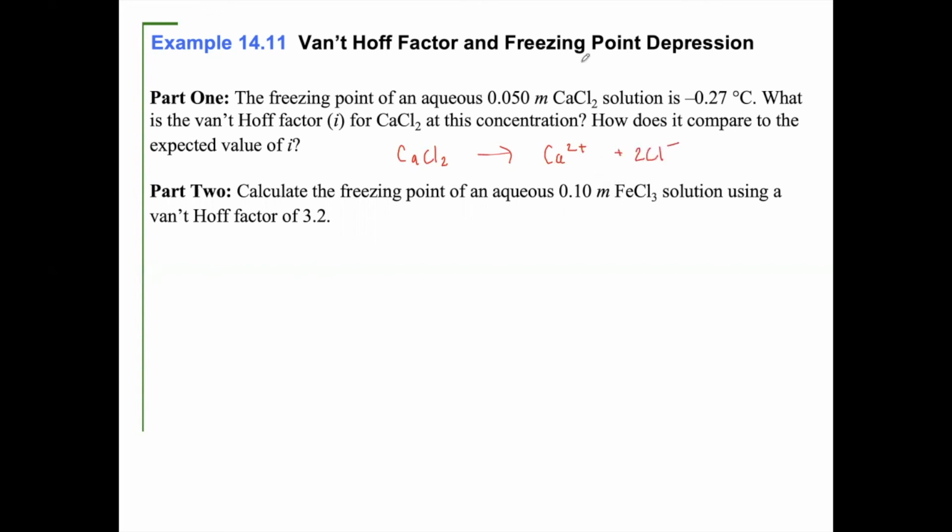Whereas before you had one formula unit of calcium chloride, now you have one calcium ion and two chloride ions. Here you just had one formula unit. Now here you've got three particles. So when we're talking about the van 't Hoff factor,